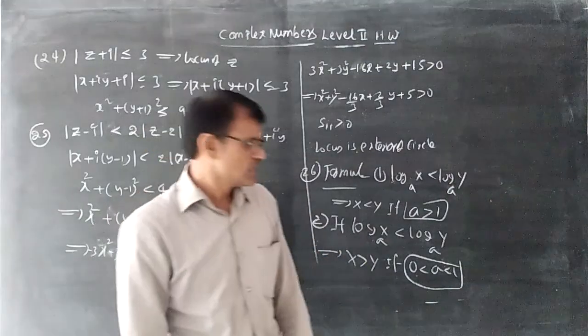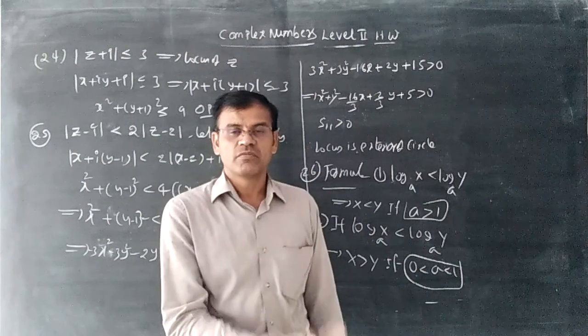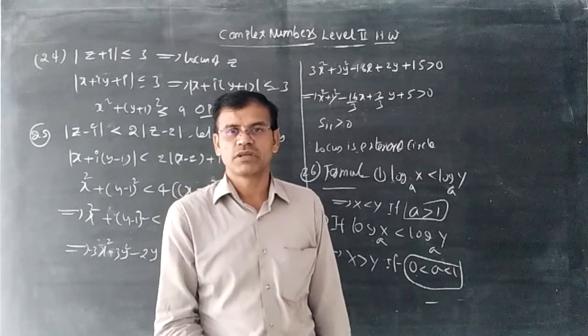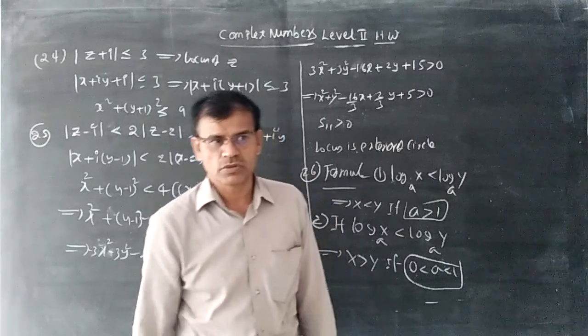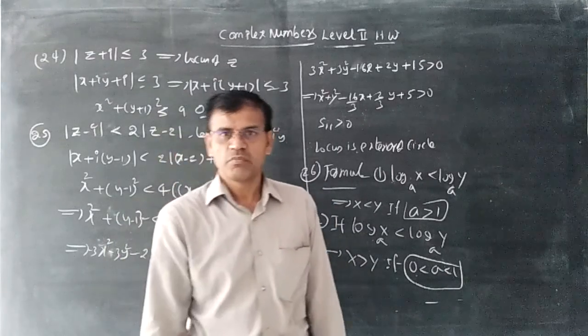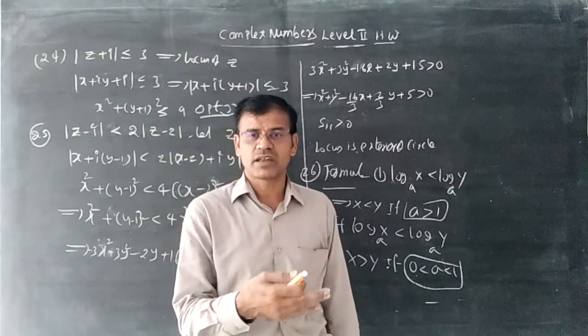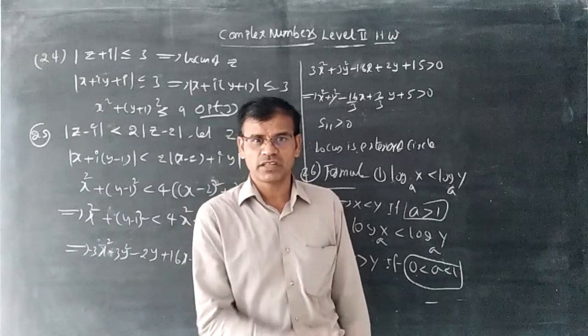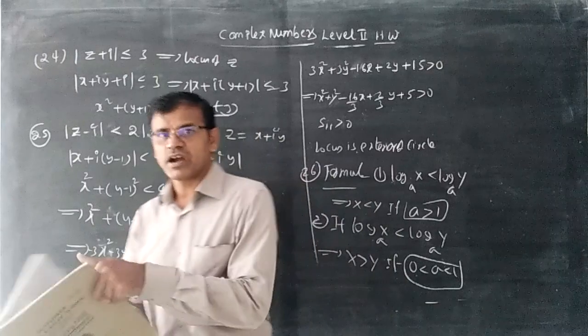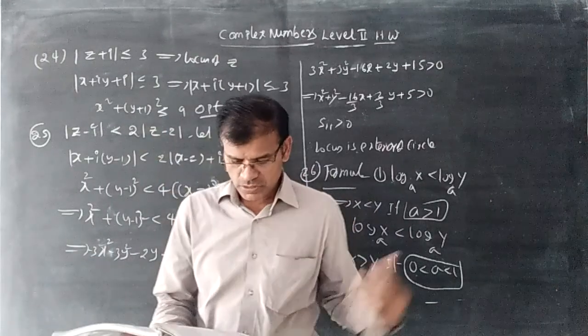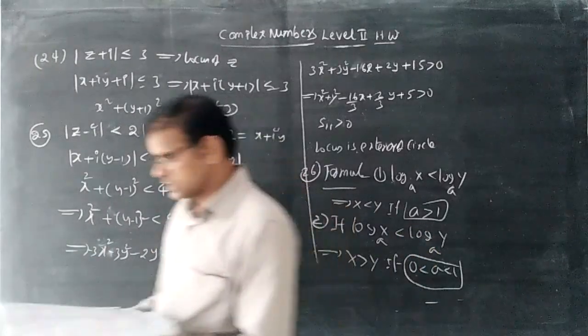Why? Because it will be in a negative manner. Minus 1 by 2, minus 1 by 3, like this. Minus 1 by 2 becomes minus 0.5 and minus 1 by 3 becomes minus 0.3. Minus 0.5 is lesser than minus 0.3, not greater than. So in this way the symbols will be changed. According to that model, using this formula, we should do question 26.